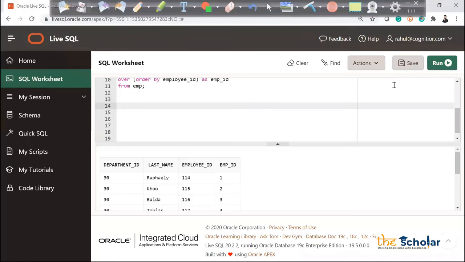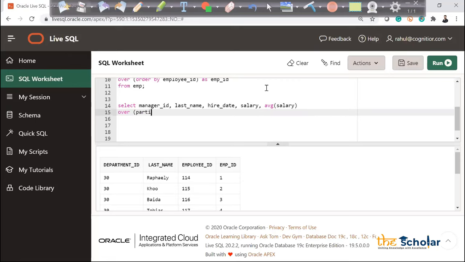So let's say select manager ID, last name, hire date, salary, average salary over partition by manager ID,